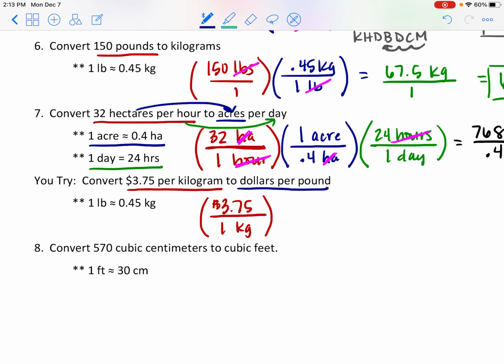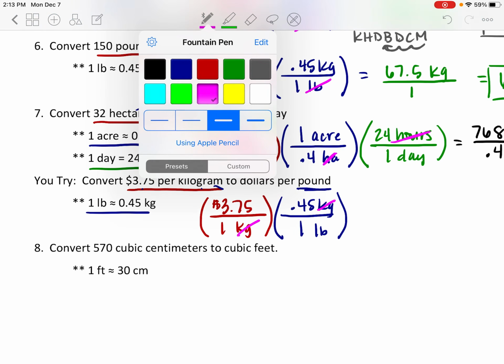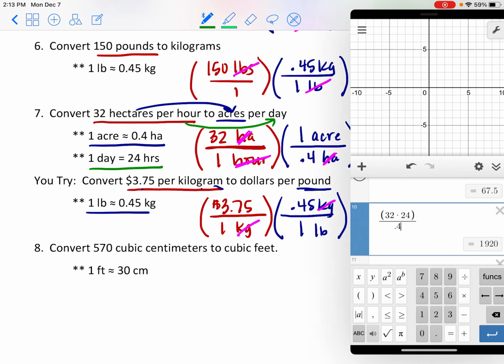Well, we actually don't have to convert the dollars. We're in dollars already, so all we have to do is go from kilograms to pounds. So just changing kilograms to pounds. We know that 1 pound is approximately 0.45 kilograms, so this time 0.45 kilograms goes here. 1 lb goes here, again, so that our kilograms will cancel. And multiplying straight across the top,